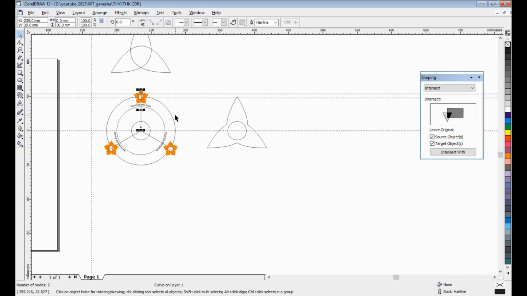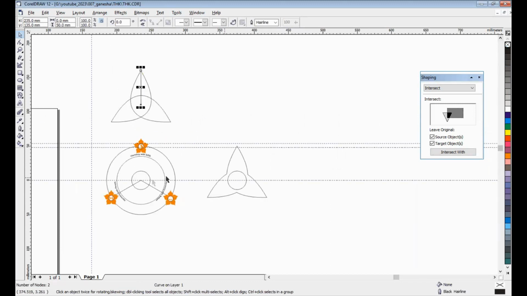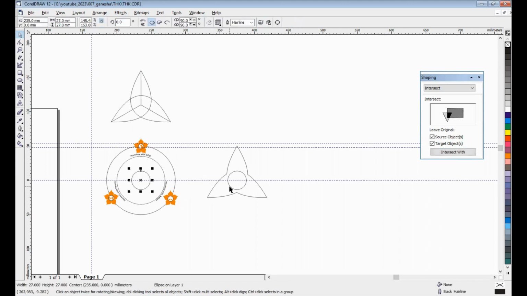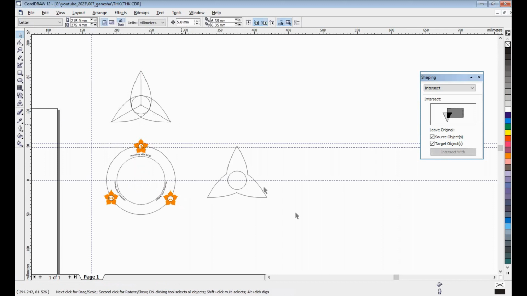Usually I use this node offset to move objects neatly. Okay, move from the offset.